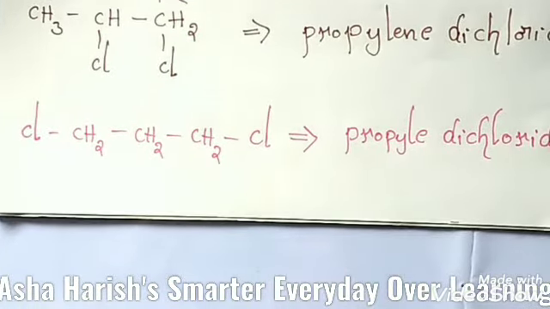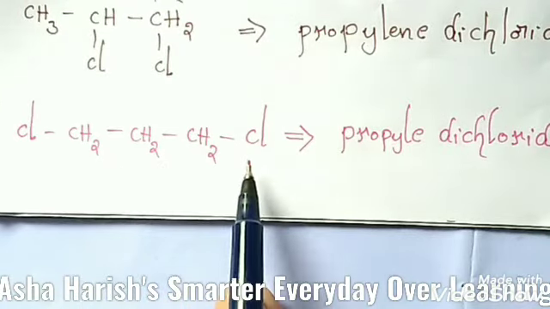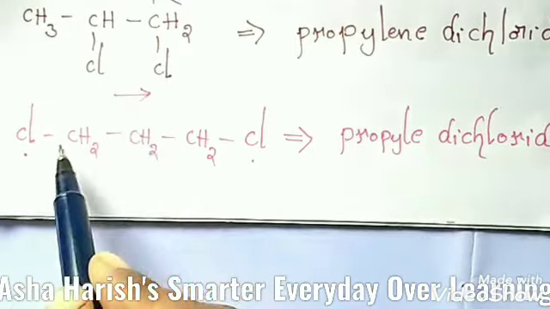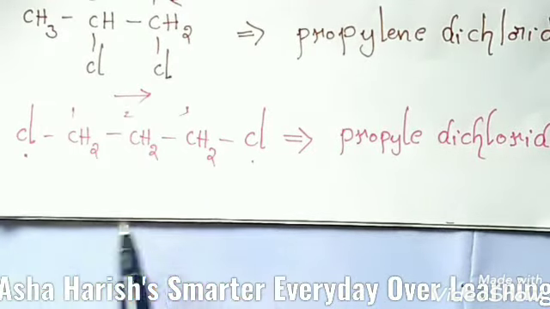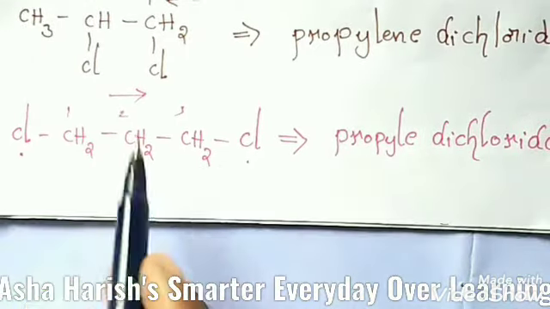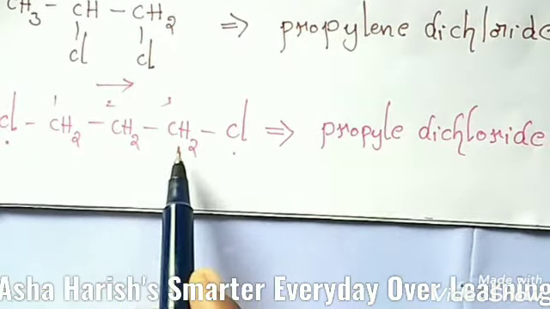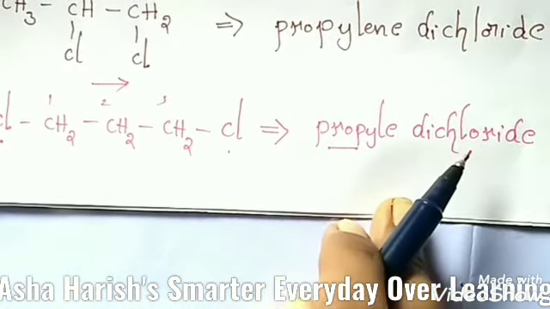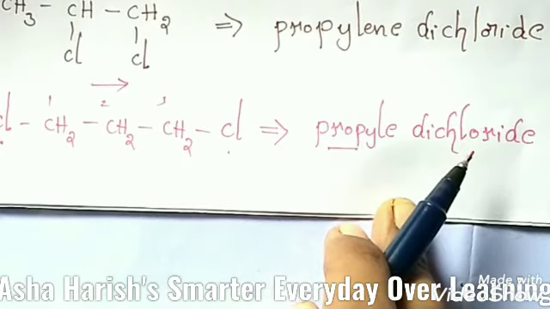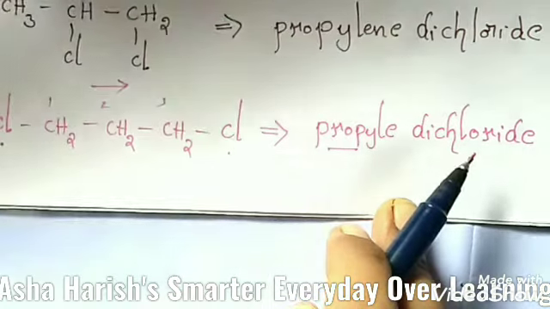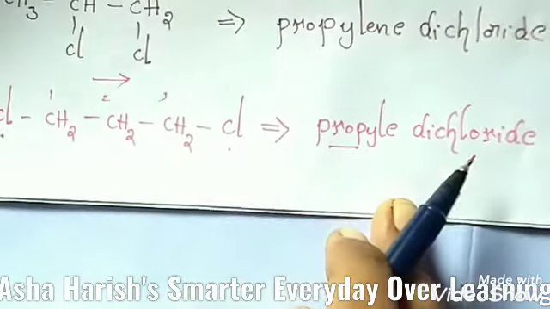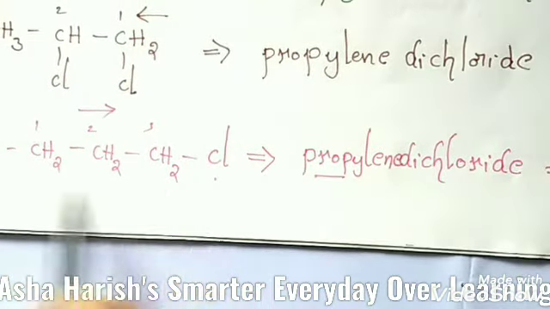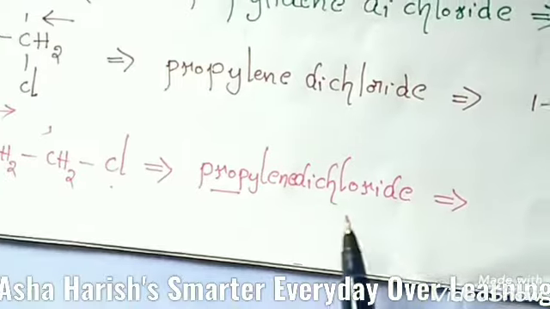We have the last example here, Cl, CH2, CH2, CH2, Cl. Here also two halogen atoms are attached here. If we give numbering to left to right, 1, 2, 3. Okay, and students, the name is here root word C, three carbons are presented here. That should be prop. Prop is the root word according to the definition of alkylene dihalides. Let's see. Two halogen atoms are located here. Then the name should be propylene dichloride.